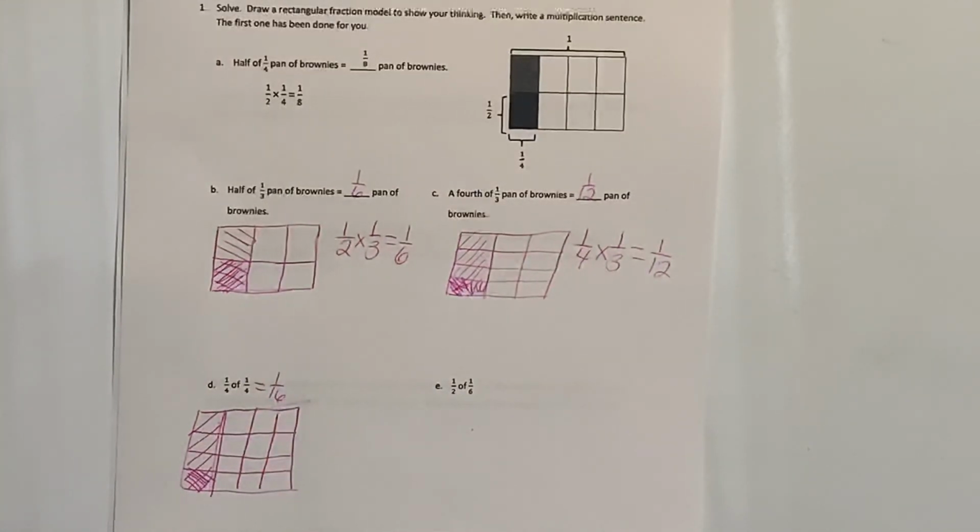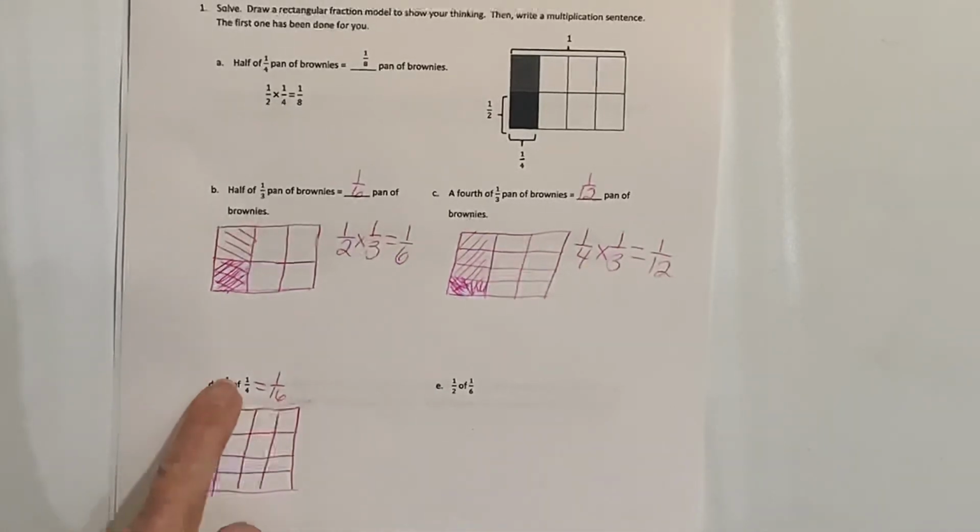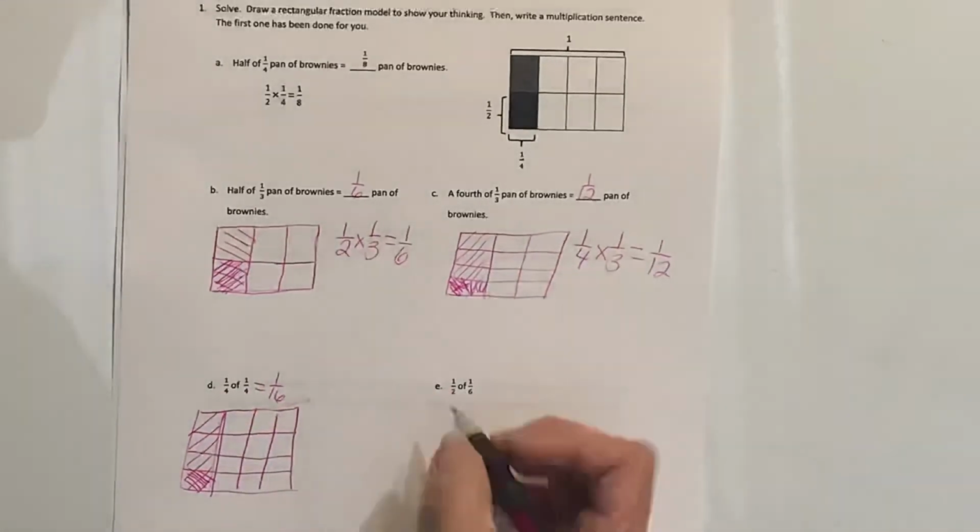So I'm not taking too much before supper. So that would be 1/16. 1 times 1 is 1. 4 times 4 is 16. All right, so let's show here